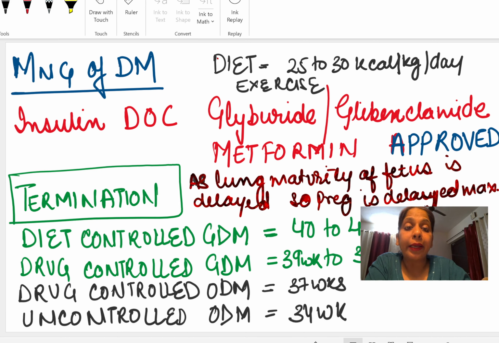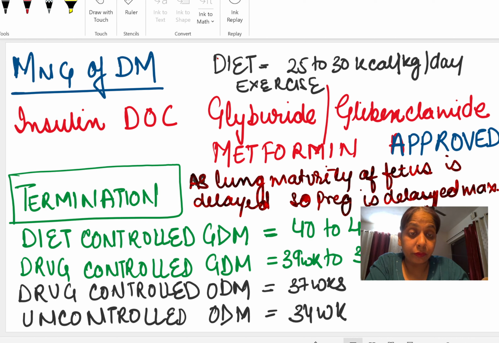They are glyburide or glibenclamide. They both are one and the same, and another drug is metformin. So both these drugs are approved, but the insulin remains the drug of choice. Termination of the pregnancy is usually delayed as much as it can be, but as we will discuss after some time,